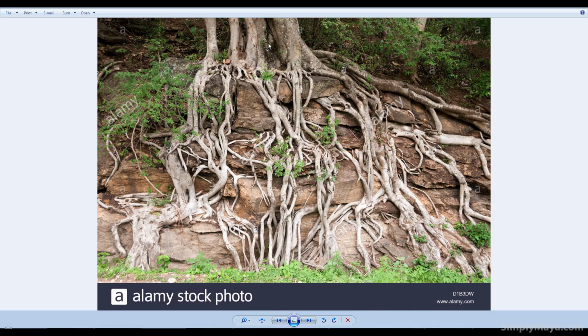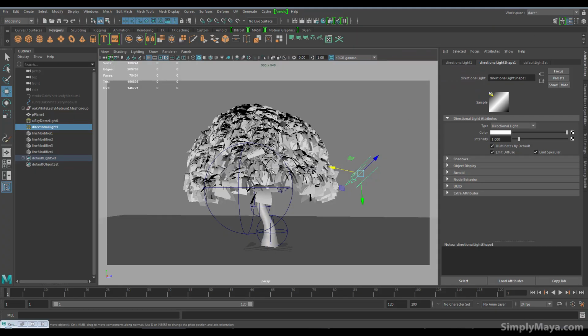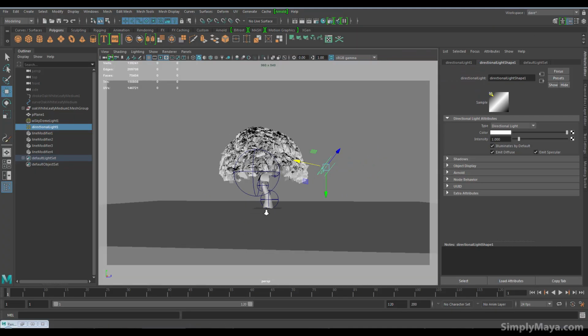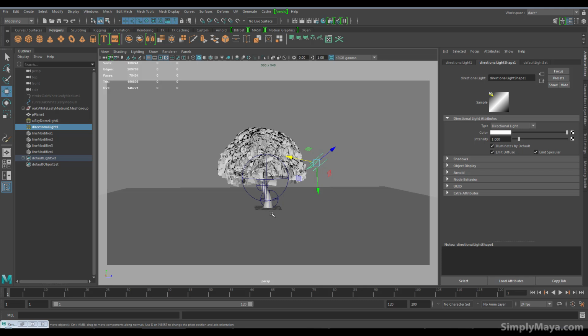As you can see, these things can become extremely complicated. I mean, the root structure on something like this is almost as complicated as the top of the tree, if not maybe more so. So this is the kind of root structure we're looking at. Maybe we won't go quite this high off the ground, but we're certainly going to be looking at something like this. So in order for us to do this, we're going to use another tree, believe it or not. We're going to use the same tree that we